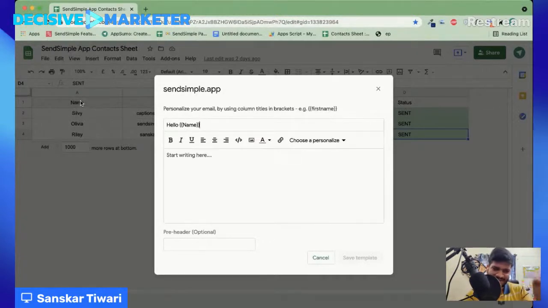So I hope this is clear. The header is like the first row, whatever it is written. So I'll say name. So this will be replaced for each and every individual row with the value it has. So for the second row content, when we send the email to the second one, it will be replaced by Sylvie. For third,